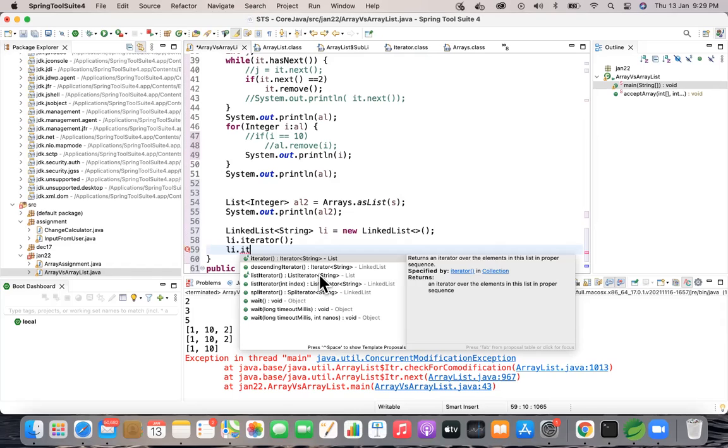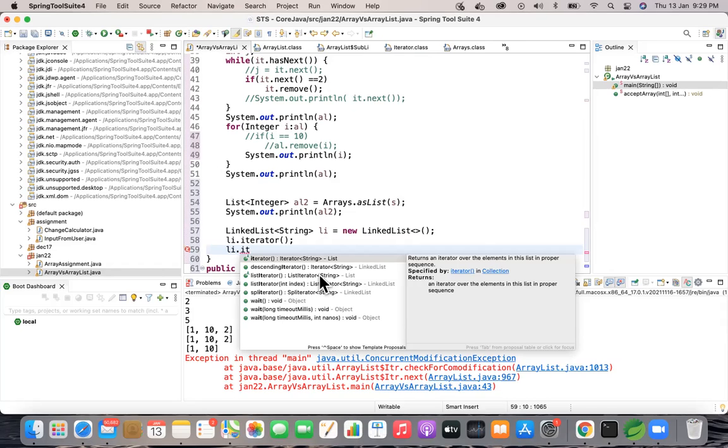So I want you to notice a few things in the array list and linked list. The first thing is the time complexity of your iterator and the time complexity of for each. I want you to try that out. The second thing is the order you insert your data. Is it printing out in the same way, or is it happening in a different way in both cases? And also there is some method.